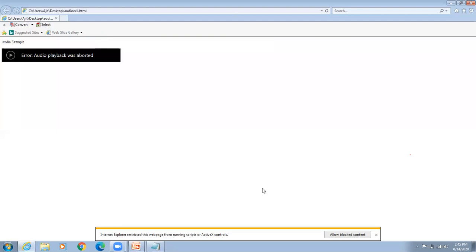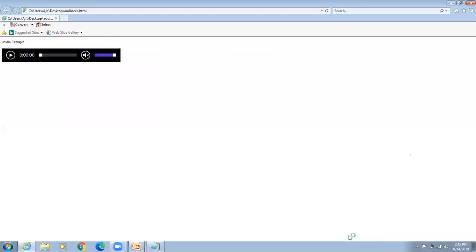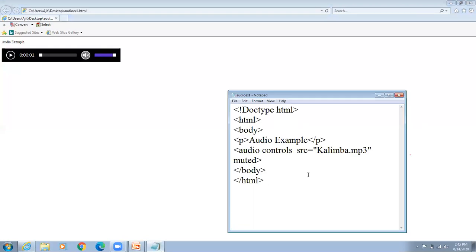Okay, here the controls are there. Play, pause. It is muted because I have given here the muted attribute. If I remove this, see here, it is unmuted.